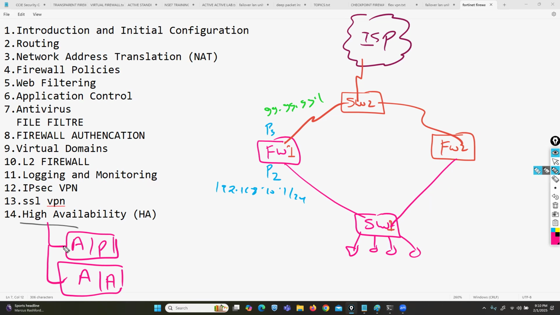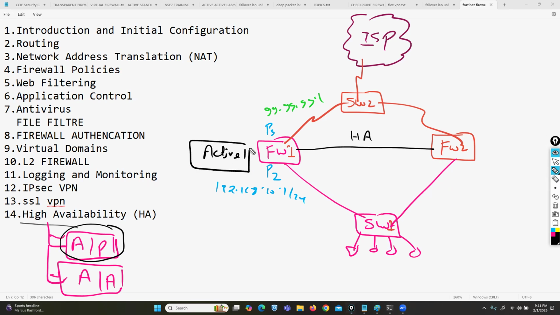Now, for high availability, we have two options, active passive and active active. Between firewall box 1 and firewall box 2, we have a link called the failover link, or you can say high availability link. In case you are working with the active passive scenario, one firewall actively manages your traffic, while the other device status is passive, or you can say standby firewall device. Through this HA port, through this HA link, firewall box 1 is sending hello packets, or you can say keepalive messages. Firewall box 1 is saying, hello, I'm active. So firewall box 2 status is passive. Now, in case firewall box 1 is down,